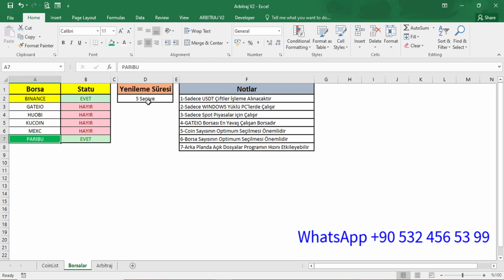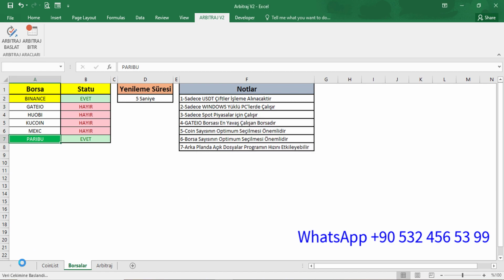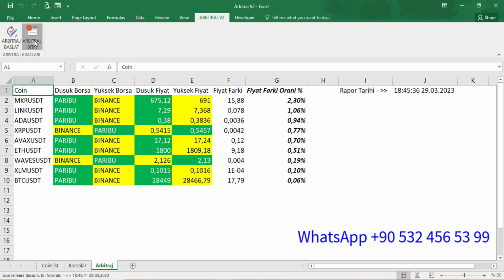So let's start arbitrage. It says, do you want to take the arbitrage? Yes, we would like to. And it started data extraction, Binance and Paribu. Let's pause this at this moment and check. For example,